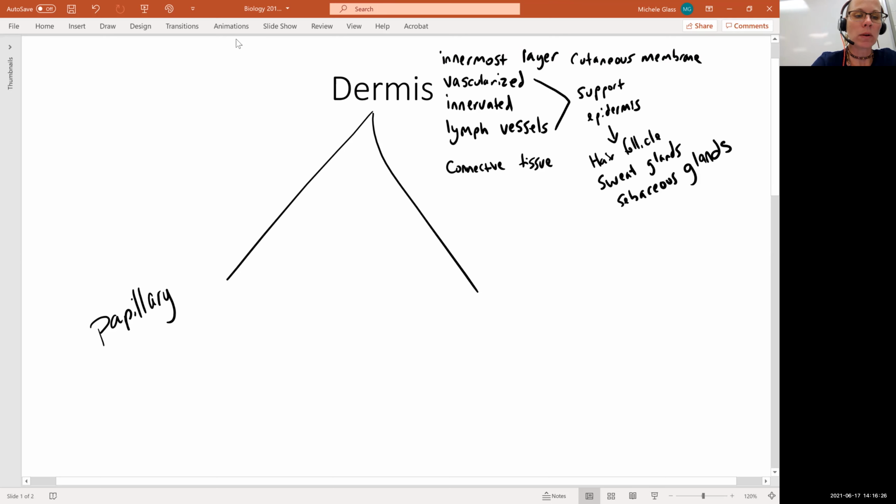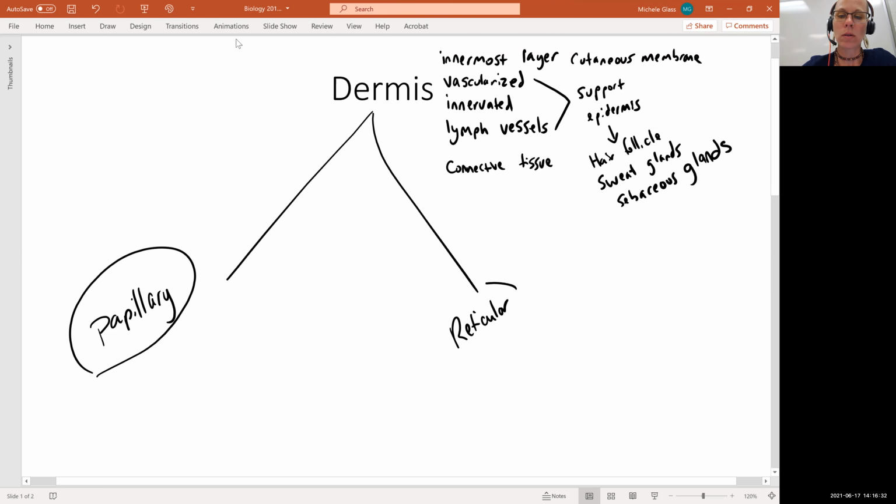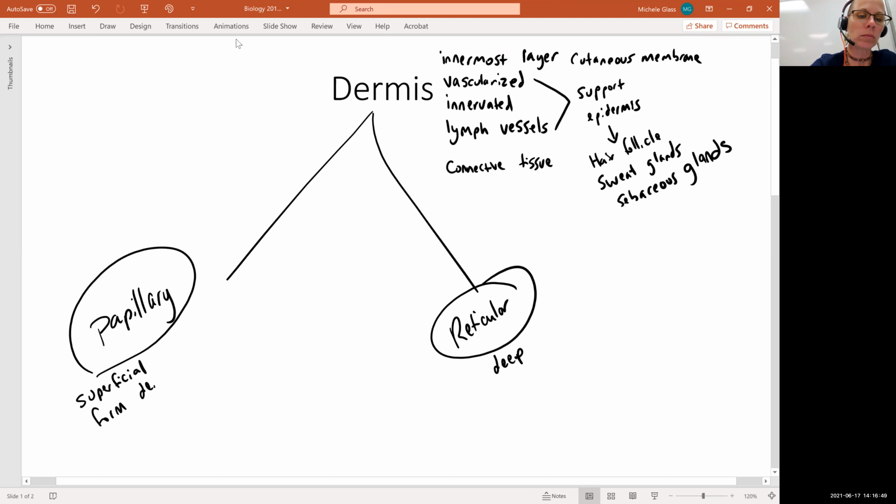We have the papillary layer, and then we have the reticular layer. The papillary layer would be the more superficial, whereas reticular is deep. The papillary layer will form those dermal papillae. AE ending, remember, is plural. We mentioned those in our drawing of the epidermis. And we'll see that this includes loose areolar tissue,